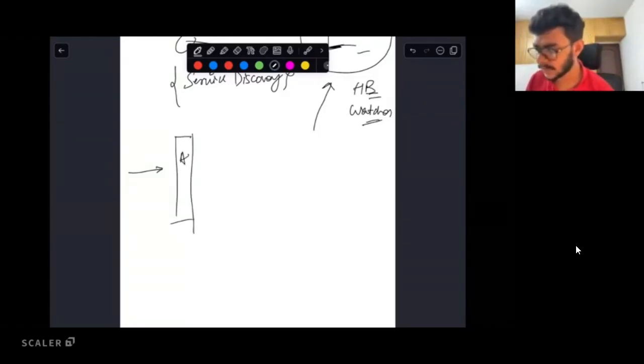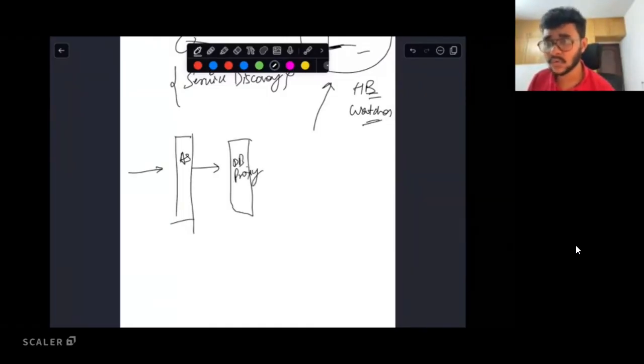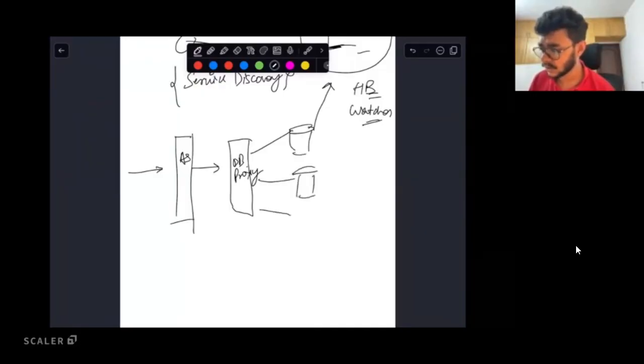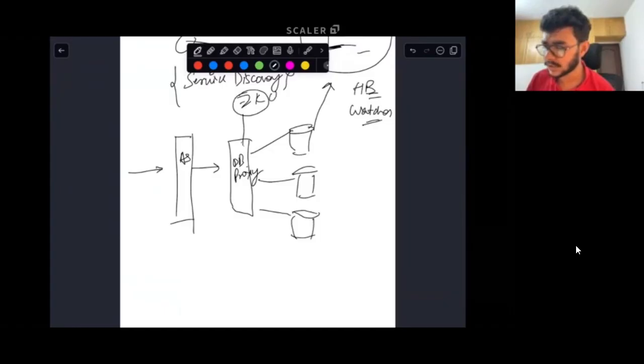No. Let's say this is the application server. It sends the write to the database proxy. So the database proxy needs to know all the IP addresses to which it can actually send this request, right? So in that case, the database proxy is going to be talking with the Zookeeper cluster. Does it make sense? Yes. So there is a database proxy and Zookeeper.